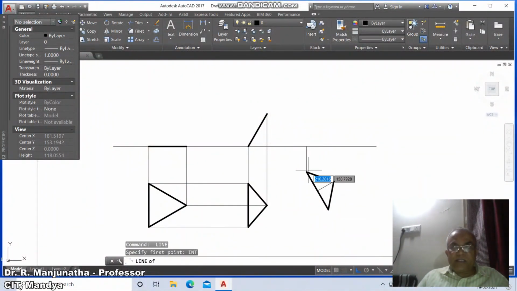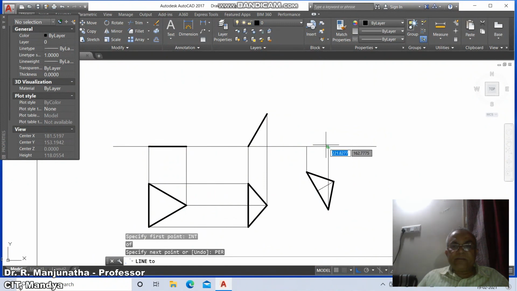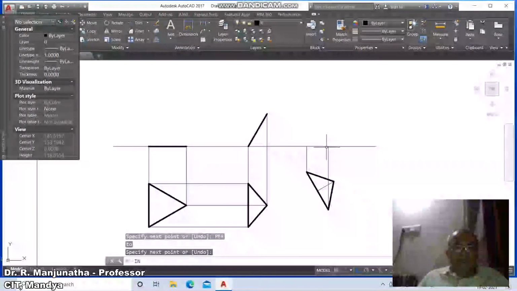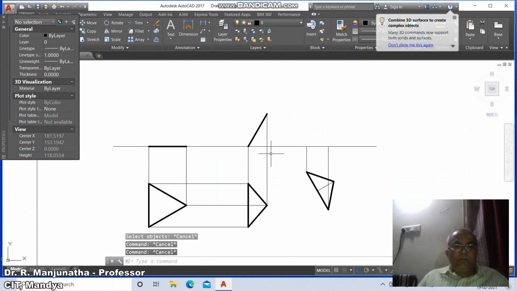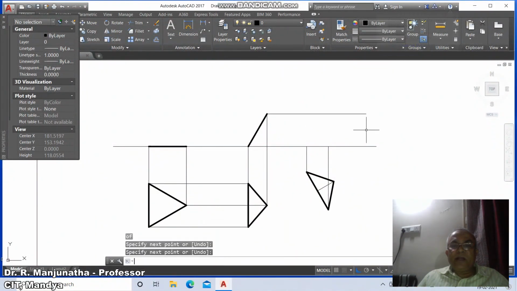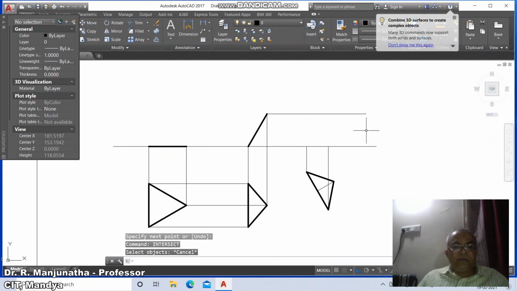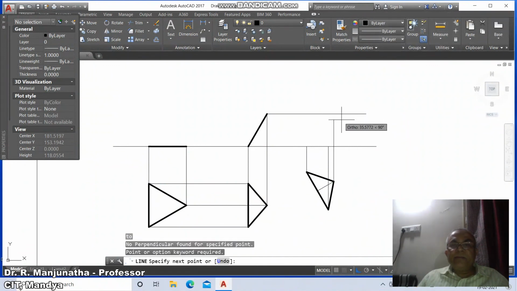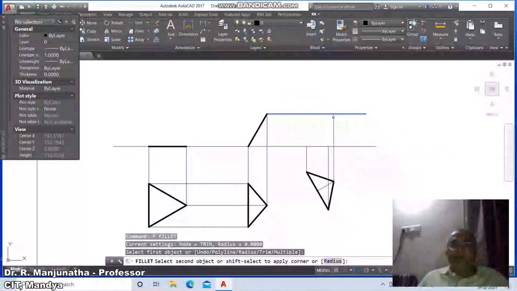Similarly, line intersection of this and take perpendicular to this and go to line, take intersection of this, take line intersection of this and draw a horizontal line and take line, take intersection of this and perpendicular to this, and go to fillet between these two.